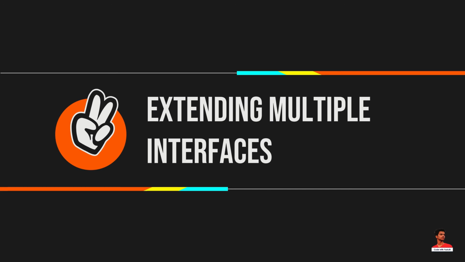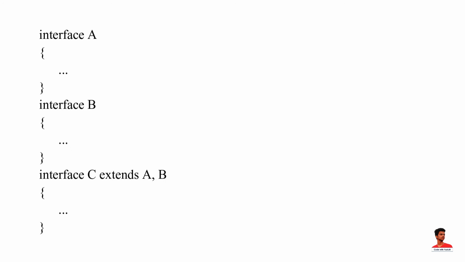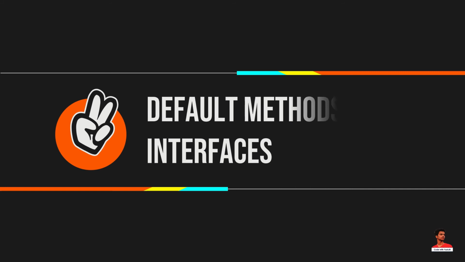An interface can extend multiple interfaces. For example, we can add methods with implementation inside an interface. These methods are called default methods. To declare default methods inside interfaces, we use the default keyword. For example,